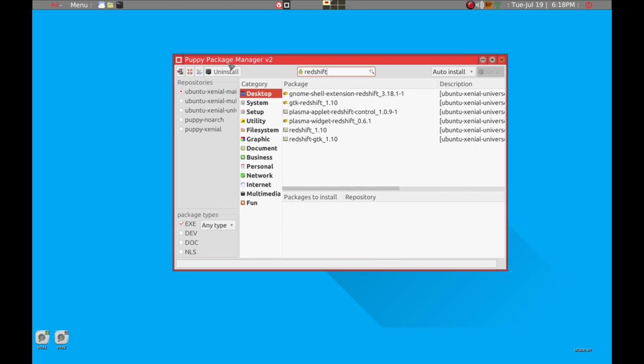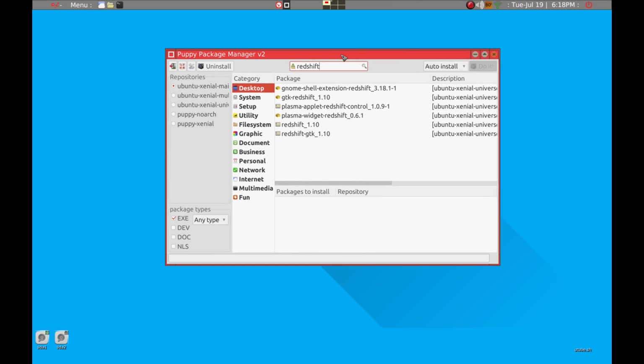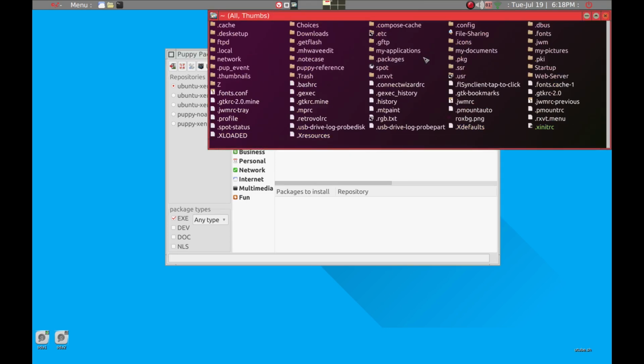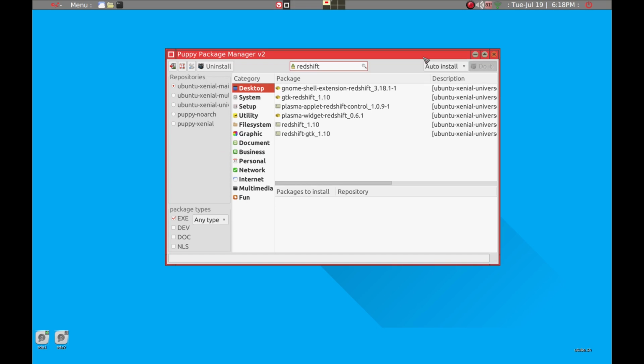So the usual way to install an application, as you know, in PuppyLinux is using the Puppy Package Manager. And when you type in Redshift, you get several choices, and I've tried them all pretty much, and Redshift does not work. So I want to go through with you how to install a more modern Redshift that's very easy to configure. And the first thing we need to do is